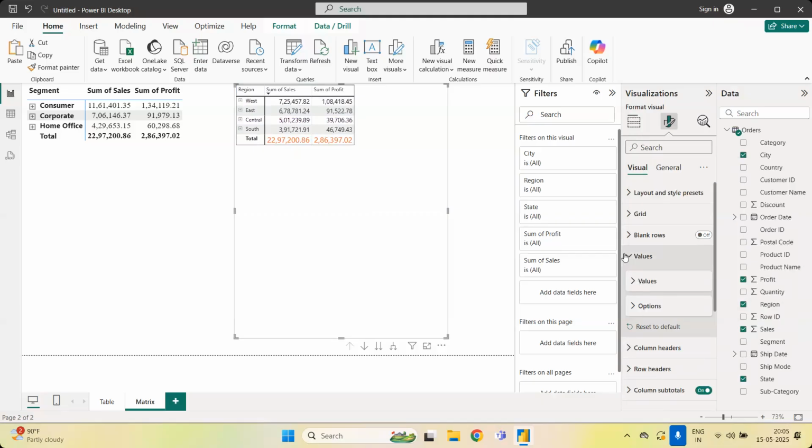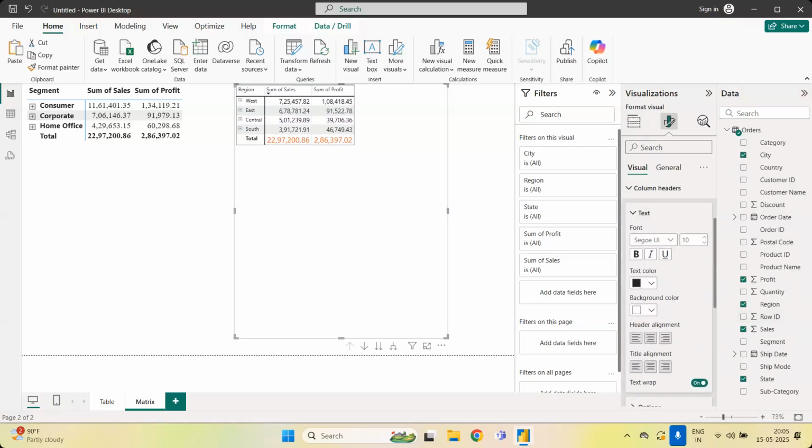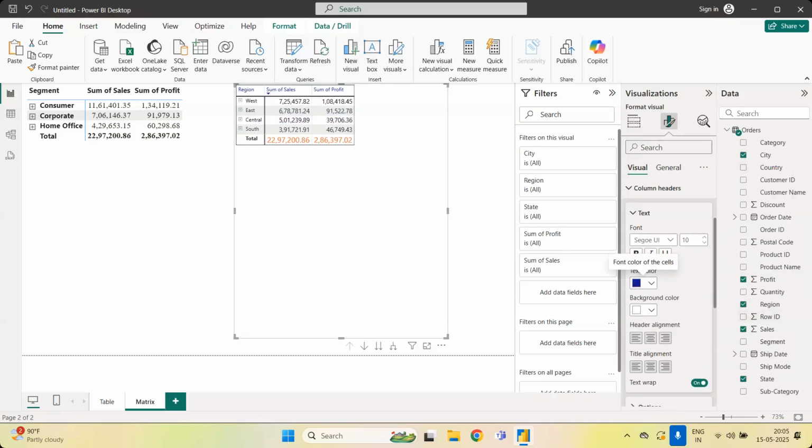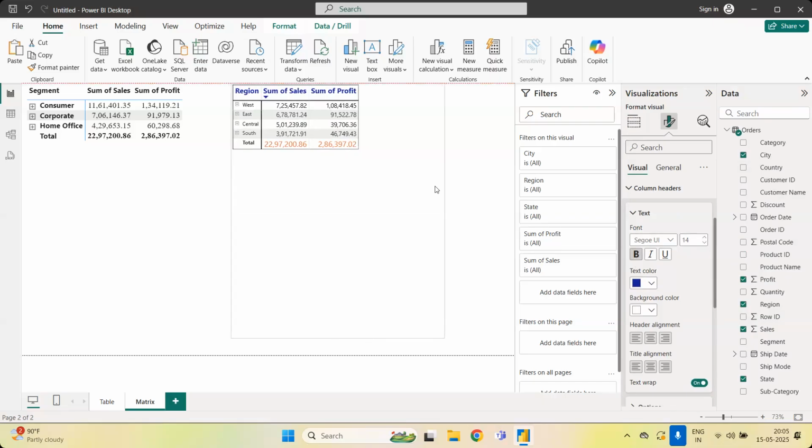Next, column headers. What is meant by column headers? This one. So I'm going to change the column headers to some different color. Yes, the column headers have been impacted, and I'm increasing the size of the column headers, and you can give boldness, something like this, right? Now,